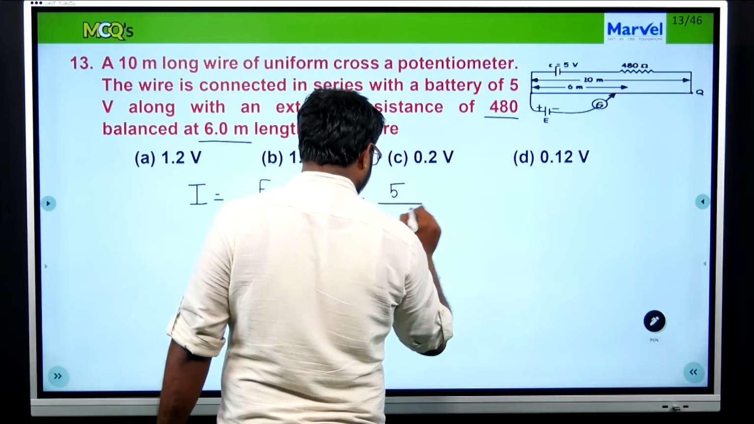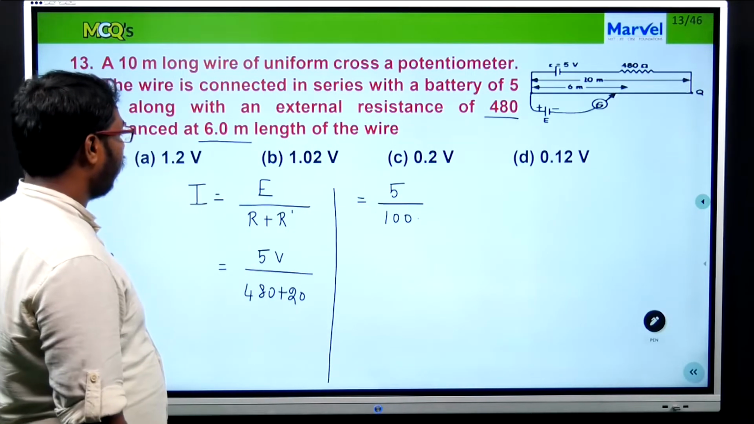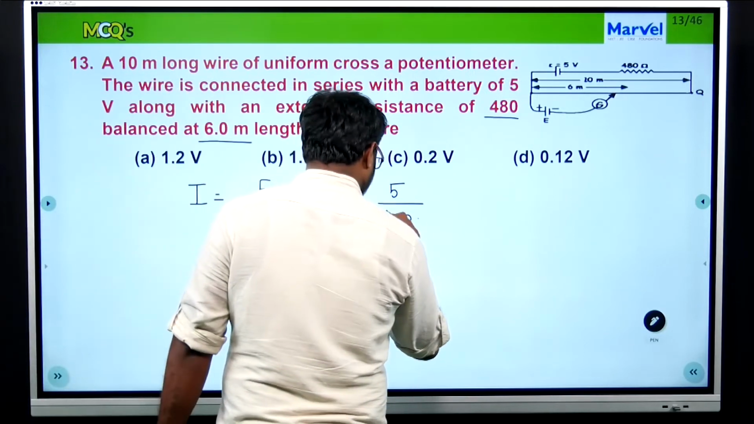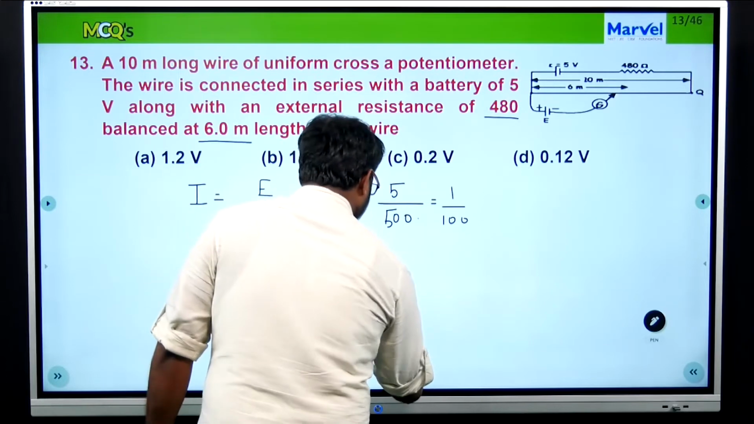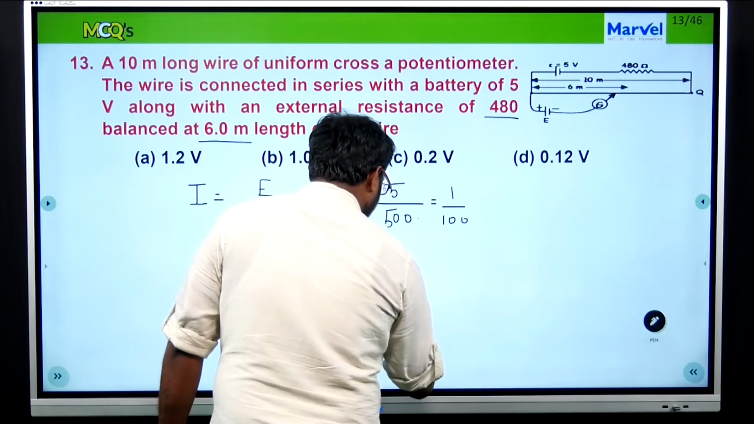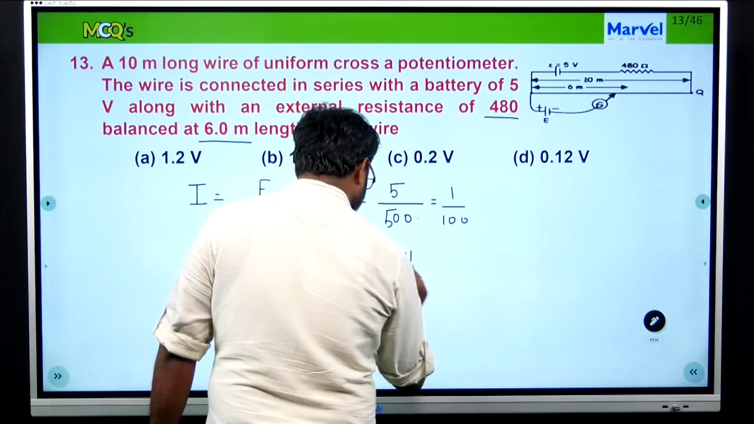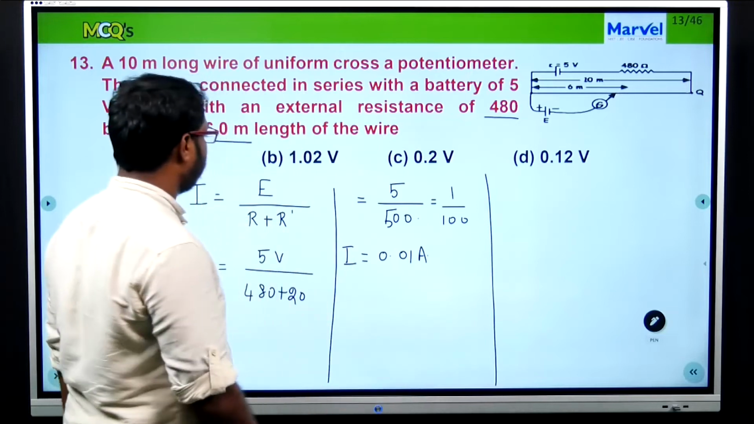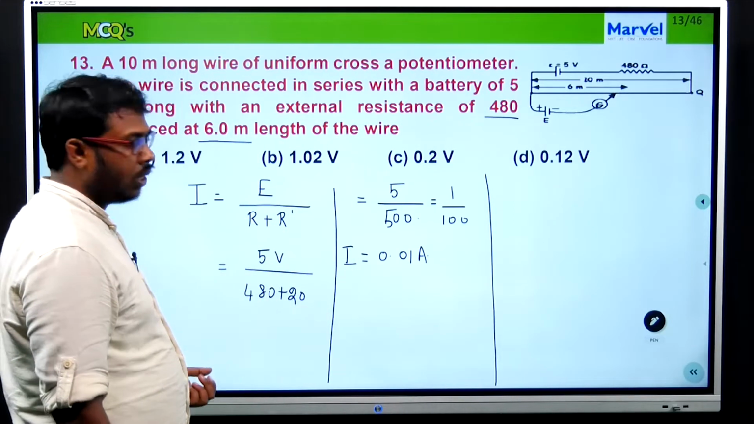5 divided by 500 it is, which is nothing but 1 by 100. 1 by 100 is 0.01 amperes. 0.01 amperes it is. And if this is the case,